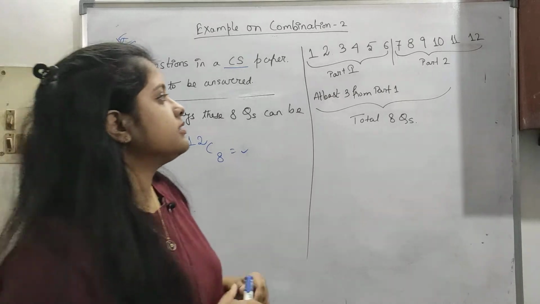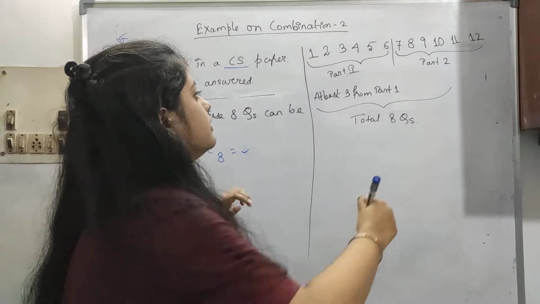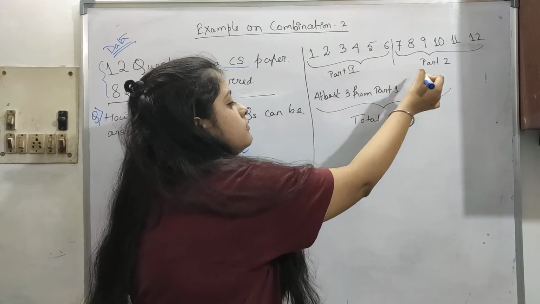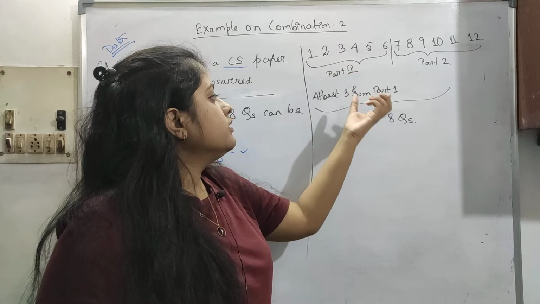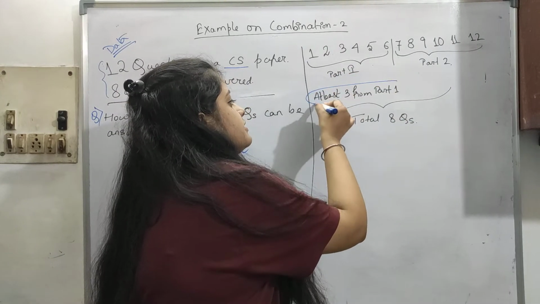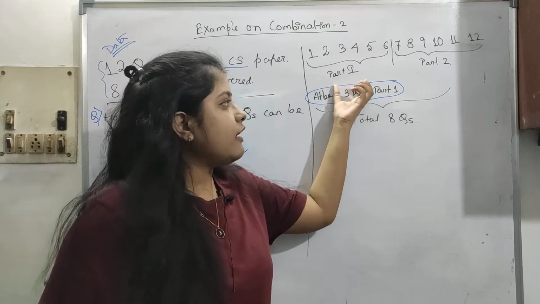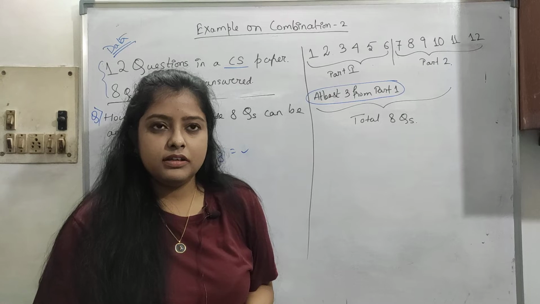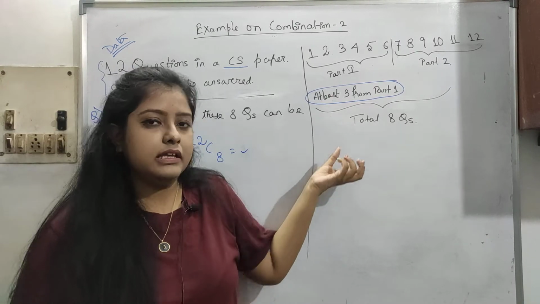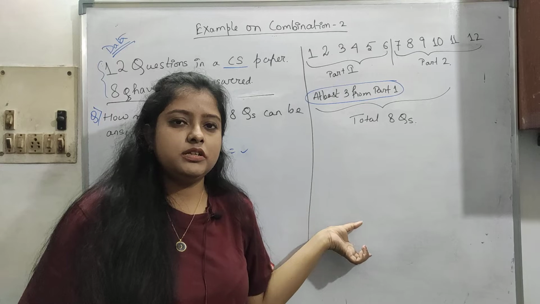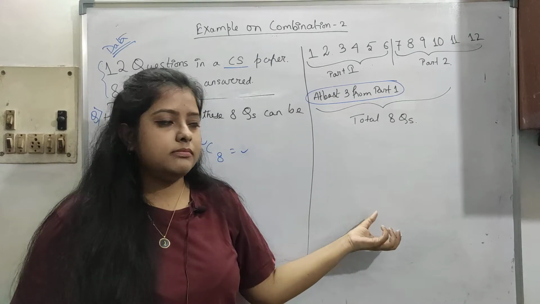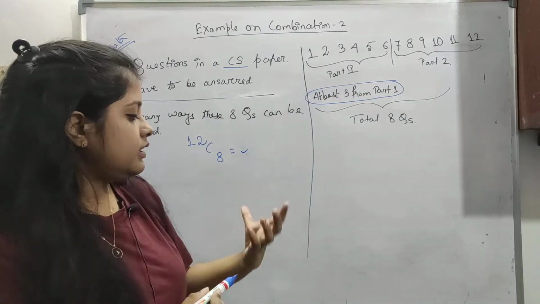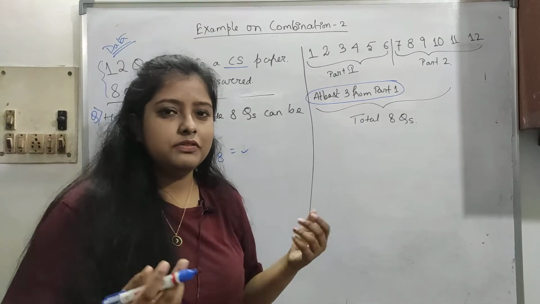Now let's see some constraints. Let's put some constraints here. There are 12 questions. This is the data given, 12 questions, and this is in part 1, this is in part 2, and some constraint is given: at least 3 from part 1 we have to do. Sometimes in HS, I mean higher secondary, or plus 2, there are some kinds of things like this, where from this part you have to do this many questions, and the total can be some number. So these are real-life scenarios, and this kind of thing happens.